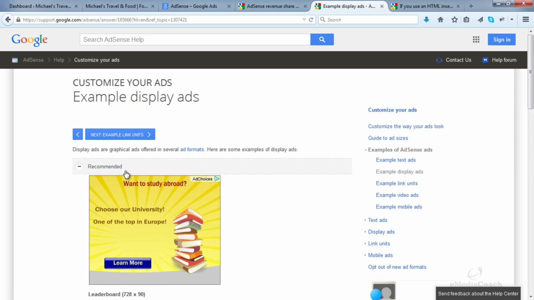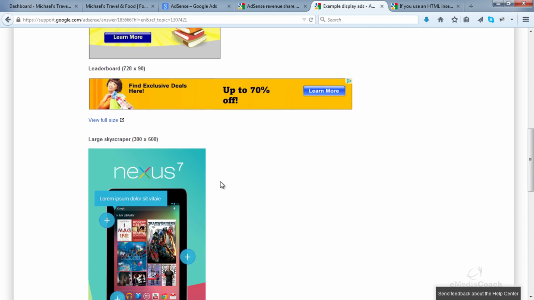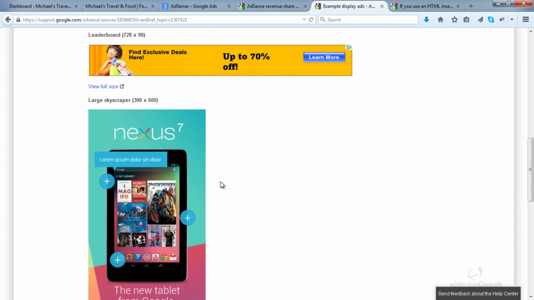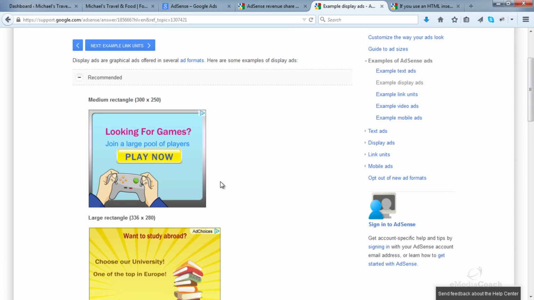You may have also seen some image ads. These are just a few examples that Google are displaying on their AdSense site. You can test between text ads and image ads, perhaps show text ads for a couple of weeks, then show image ads for another couple of weeks and see what performs better, see what has a higher click-through rate. Because of course, at the end of the day, the more clicks, the more money you earn.